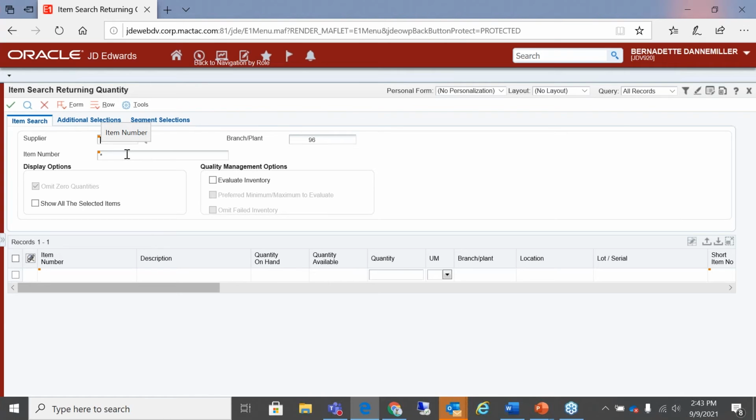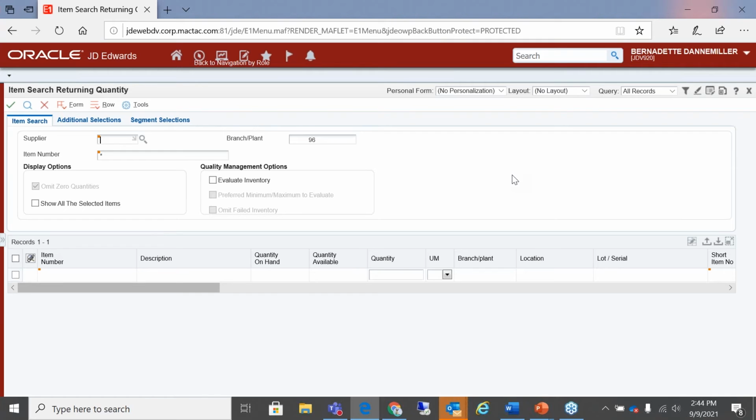a list of item numbers that you want to pass back to the sales order. If you're just repetitively searching for items, and it's easier than having to click the magnifying glass and go in and out of the item number, to be honest, there's not that much benefit to using this screen. But the places that I have used this, as an example, if you're doing some type of VMI